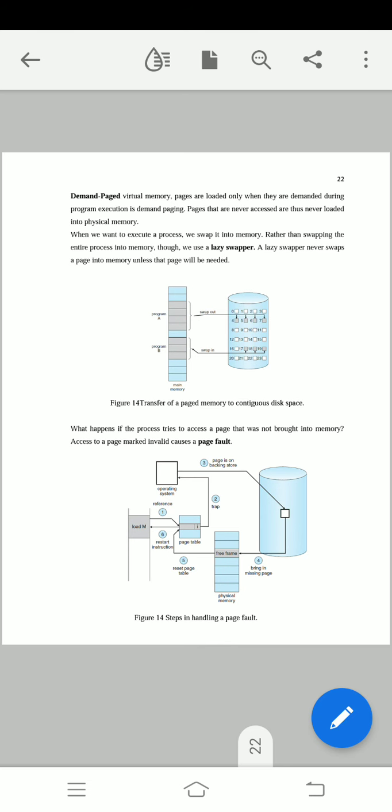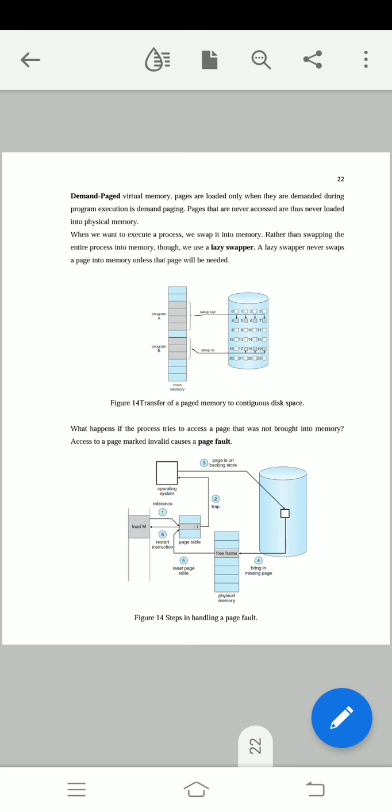Then from there I bring that missing page from the backing store into the physical memory in the form of a frame. Then reset the page table, because the invalid bit was set before, as that page was missing. Once I brought that page from the backing store into the physical memory, I need to change the invalid bit to a valid bit. So reset the page table, and again re-execute the instruction. You restart the same instruction for execution.